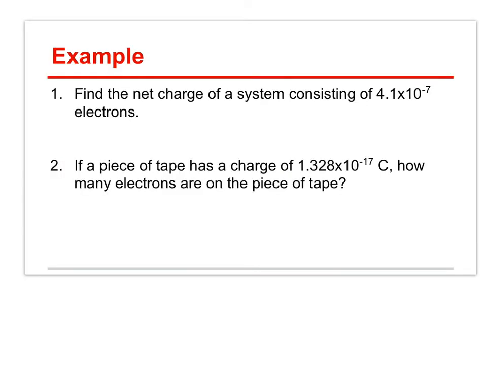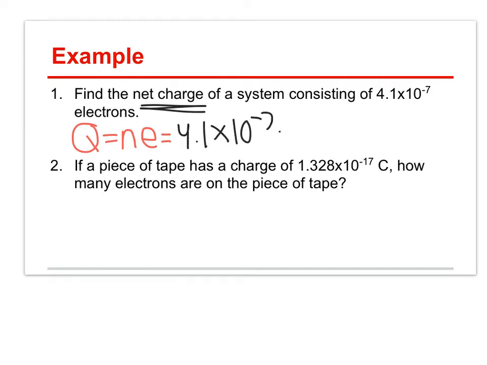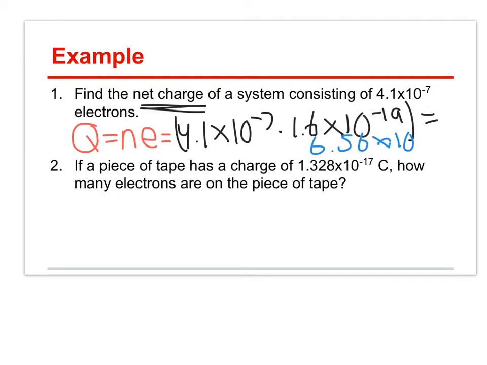Okay, so let's go over a few examples. Our first one: find the net charge of a system consisting of 4.1 times 10 to the negative 7th electrons. As a reminder, I have my total charge Q equals the number of electrons times the charge. So I have my number, 4.1 times 10 to the negative 7th, multiplied by my charge, which I got from my previous slide, 1.6 times 10 to the negative 19th. When I multiply this out, I'm going to get a total charge of 6.56 times 10 to the negative